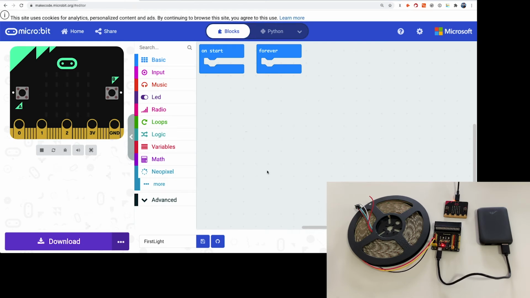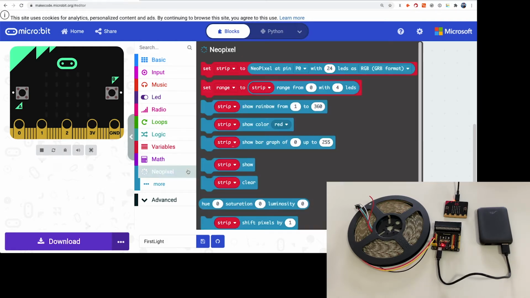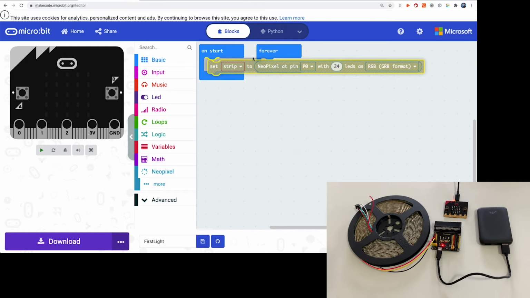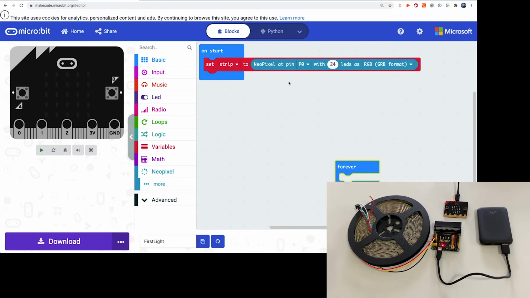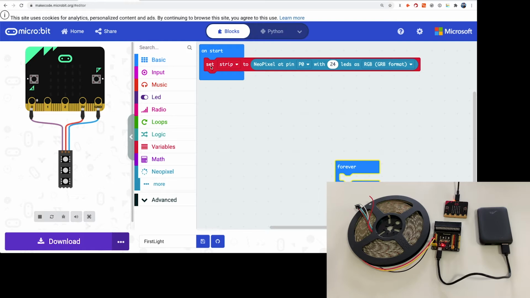Now that we have the NeoPixel extension installed, we're going to start putting together our first program, our first light program. What we can do is go to the NeoPixel category and go to the very top one. It says set strip to NeoPixel at pin, and so on. So what this is basically saying is, all right, we're going to set